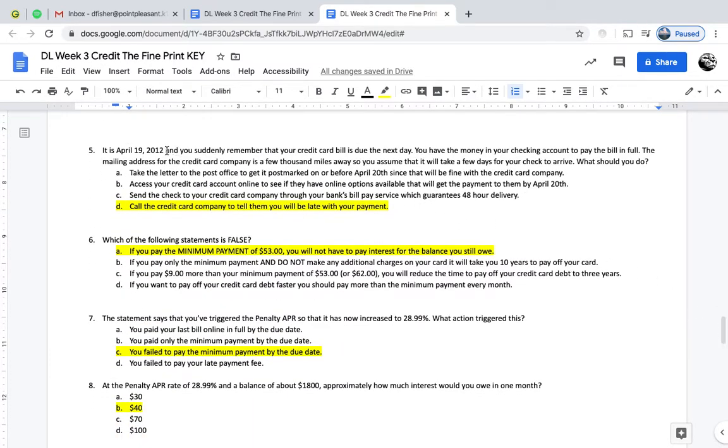Okay, this question again, it's so out of date. Nowadays, you can almost always just get onto the bank's website and either do a live chat or email them. But if you think you're going to be late on your credit card payment, still the best thing you can do is just pick up the phone and call them. On the back of your credit card, there'll be a 1-800 number. So you just look on the back of the card, you talk to customer service, and if you just tell